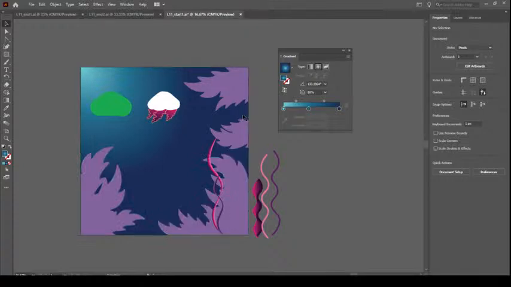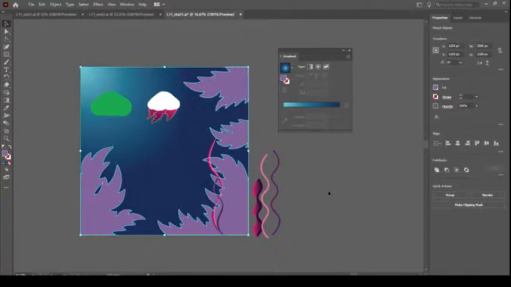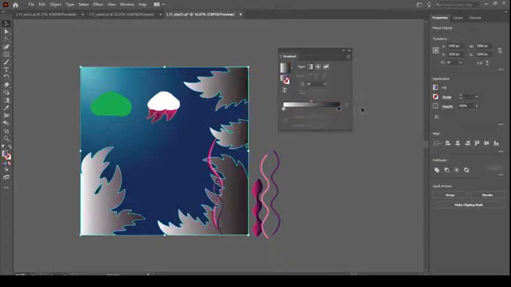Suppose all these seaweeds, I want to select them and then apply the color over these. If I do that, it will save my time and give me quite a good result. So let me go back here, choose my black and white here,